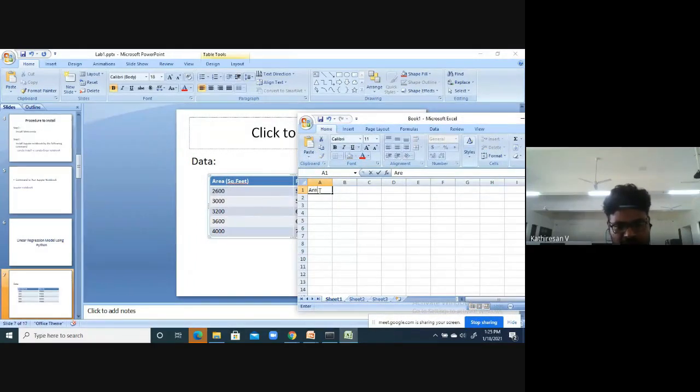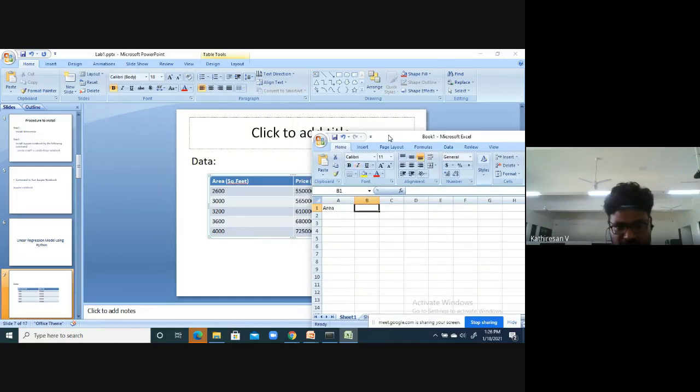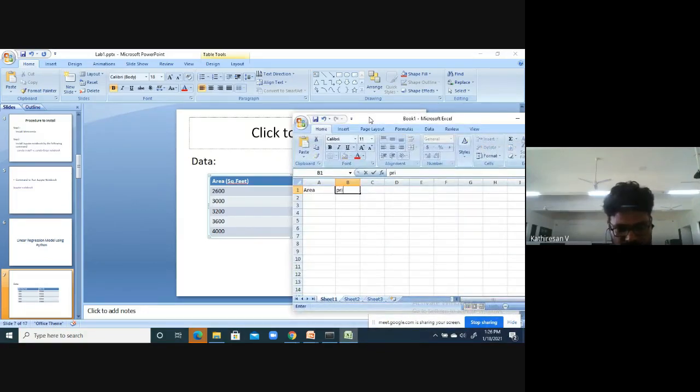So you have to create area in square feet, and another column. Just have it as area, no need to mention the unit in the data sheet. Then price. If possible, copy; otherwise, type.